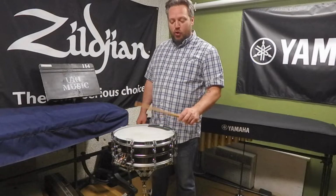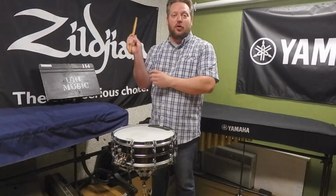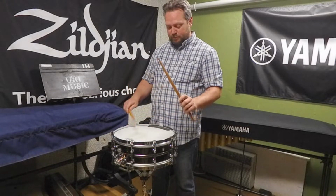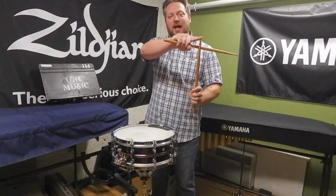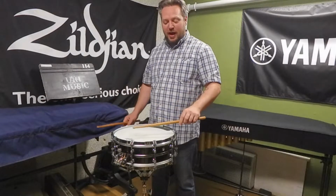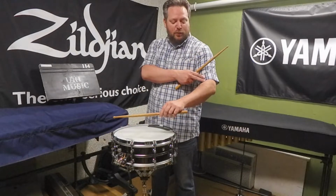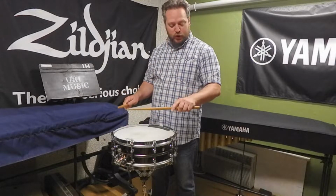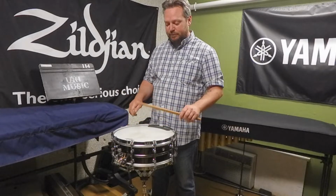When we do the stroke, we don't want to pick the tip of the stick up and move it through the arc motion like we do when we're just doing normal strokes on the snare drum, because we don't want to throw all the velocity of the stick and the force into the head. We want the stick to move perpendicularly. So what I'll do is, when I move to playing a buzz roll, I'll move from a primarily wrist motion to an elbow motion. So if I just do some 16th notes,